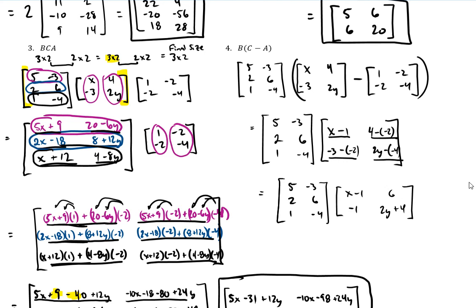Okay, so there we go. And now that we're multiplying again, we've got to make sure that we can multiply. So this first matrix is 3 by 2. The second matrix is 2 by 2. So that means, yes, we can do it. Our final answer will be 3 by 2. Okay, so we've got